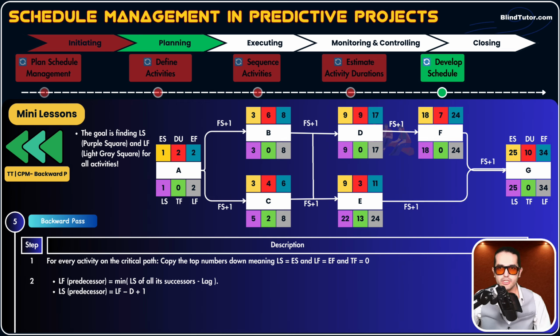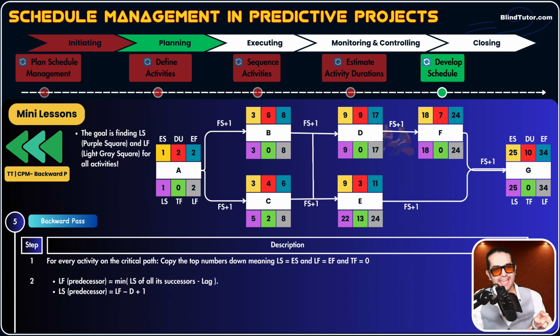Guys, once we're done with the forward pass and backward pass and coming up with these findings, our scheduling software will start adding calendar dates. For example, if our project includes activities A to G, it is a small project, we use software like MS Project, and our activities are A to G. And if our project starts on, let's say, April 1st,